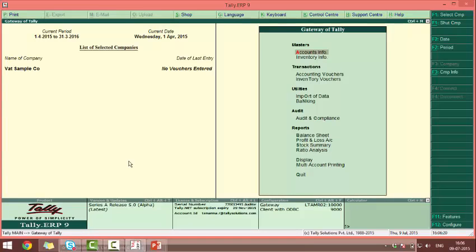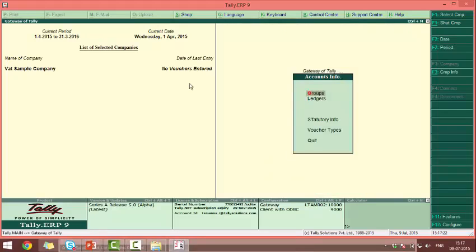Most businesses have a single VAT rate. That is why we have given the facility of defining the rate at the company creation level, so that a user need not enter it for every item. That would be too time consuming. Of course, if there are multiple rates, the user can always define the rates at the stock item level, which we will see shortly. Now let us create few masters.